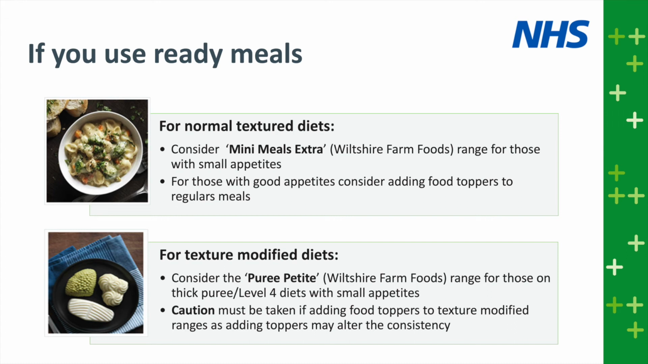Unfortunately, there are no petite ranges for the other levels of texture modified meals. So, for example, 3, 5, and 6. This does not mean you cannot fortify them. However, caution must be taken when adding toppers to any texture modified meals, as this process can alter the consistency. So, you really need to ensure that you check this to ensure that it is safe and compatible with your